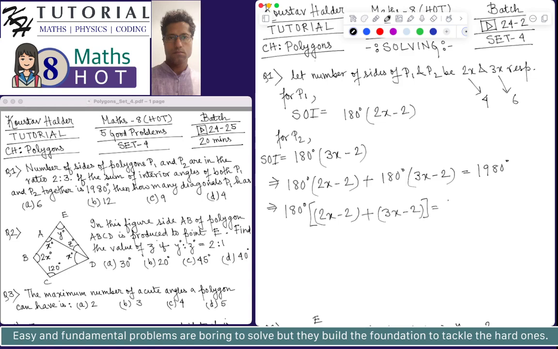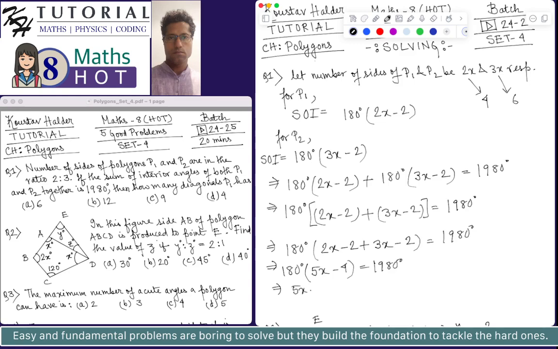This is equal to 1980 degrees. Okay. Sorry, simplifying further the left hand side, I get 2x plus 3x is 5x and minus 4 is equal to 1980 degrees divided by 180. This implies we have